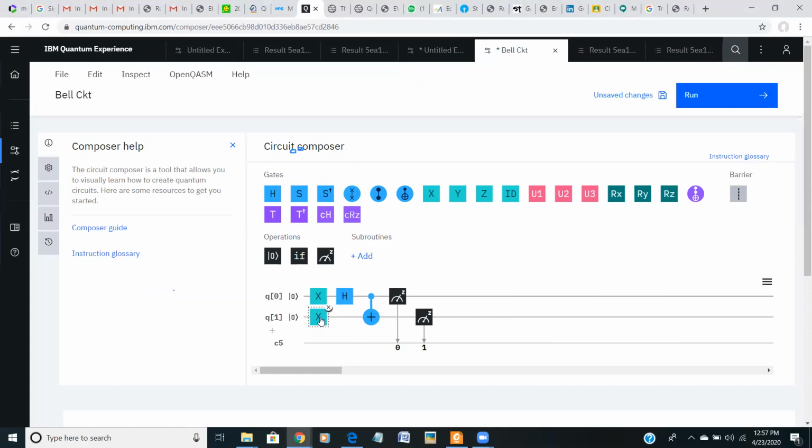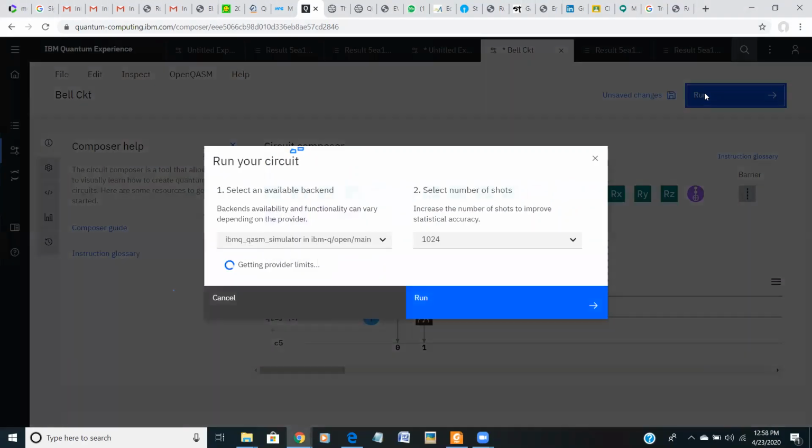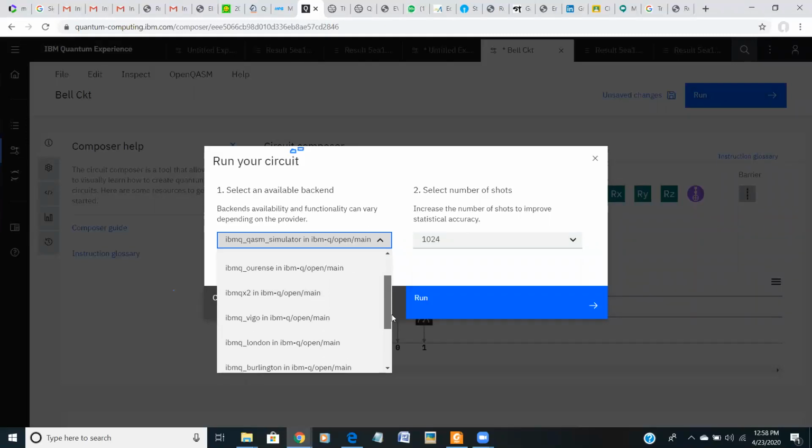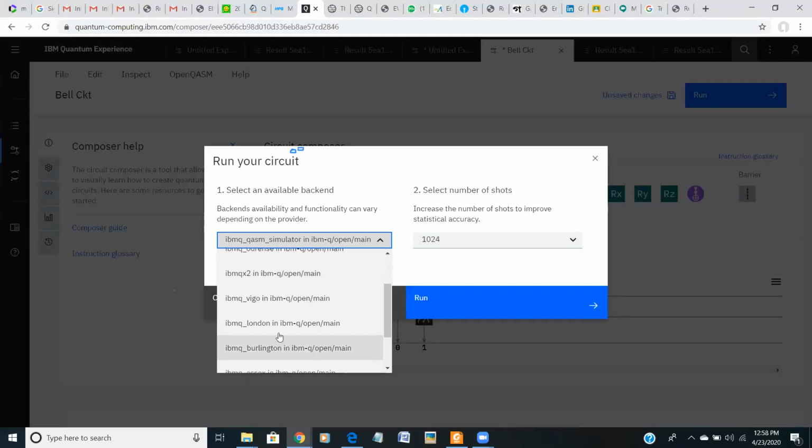Suppose I remove this. Let us see whether the real quantum computers are free or not. Here you can see these are the freely available quantum computers. 16 Melbourne. 16 means there are 16 qubits, and then another one is open Melbourne quantum computer. QX2 is also a quantum computer. Vigo is also a quantum computer.